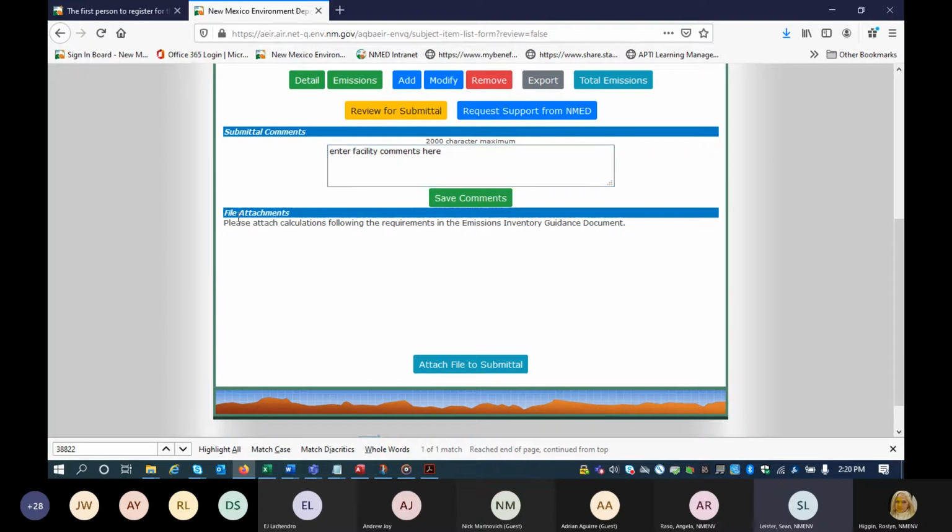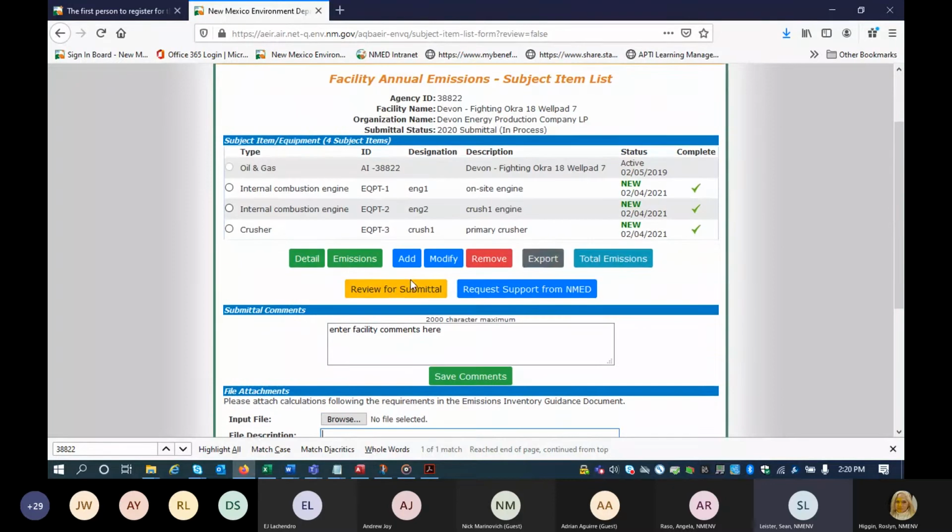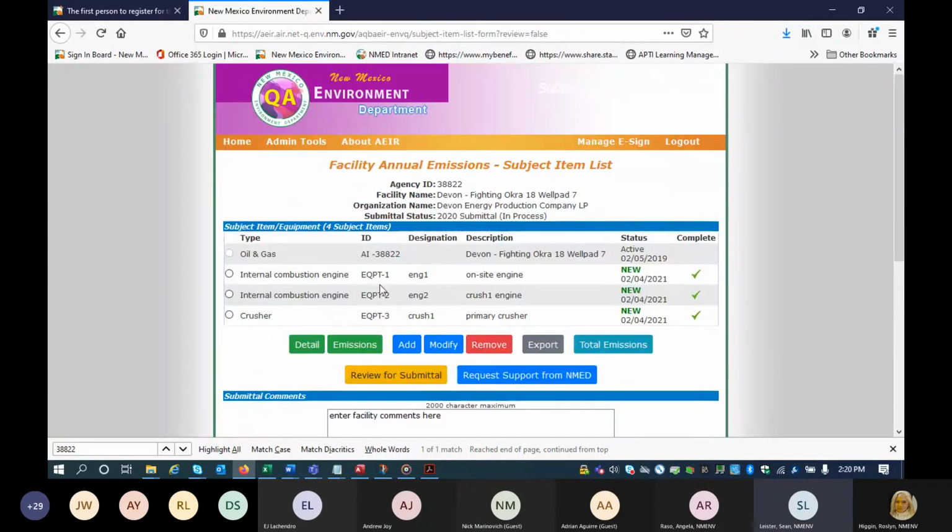And under that section are the file attachments, which is where you can attach your calculations to the submittal. Just browse your computer for your calculations, enter a file description, and upload the file. And then after that, you can review for submittal. And after the review, you can certify the